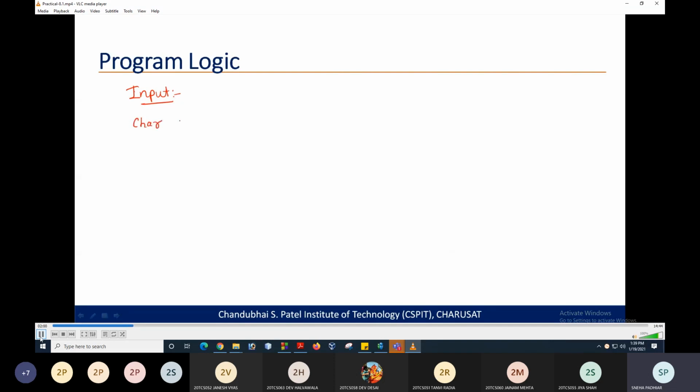So let's suppose this character array is defined as this. This character array is for the input string of size 20. So a string will be stored in the character array.